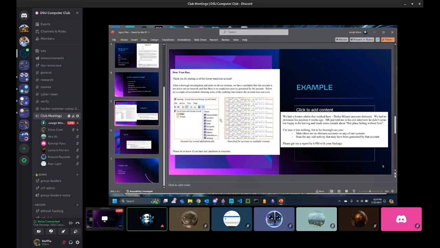So over here is the actual inject that I stole from the previous inject handler, so Annie wrote this one, not me, but this is exactly what I would have done. You see first a thank you for alerting us of the former employee account. That's acknowledging that we are doing this back and forth email format. Then you have something like, hey, we did the investigation on audit like you told us to, and just a very professional statement saying what you did or did not find.